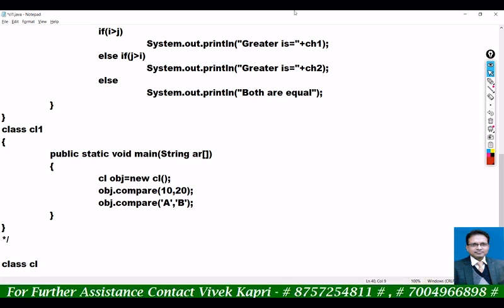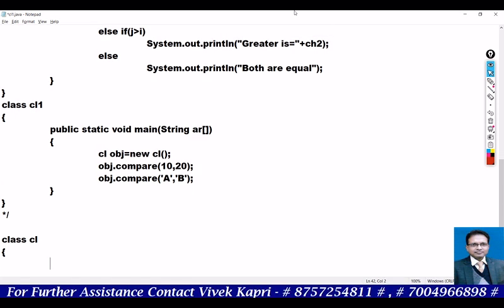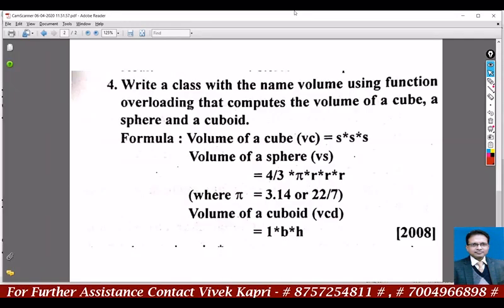Class CL, void volume. What is the first case?